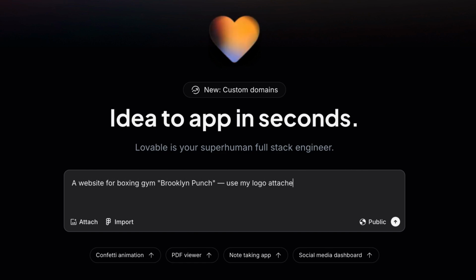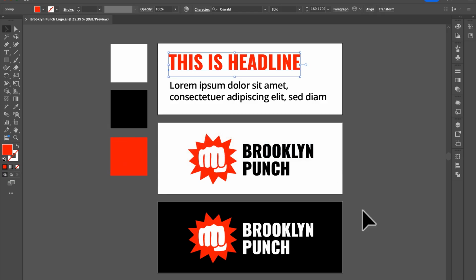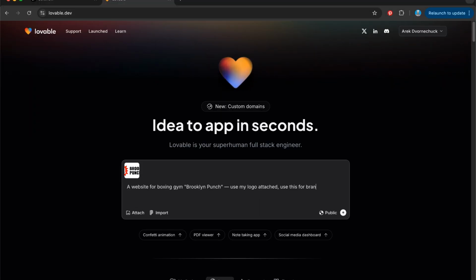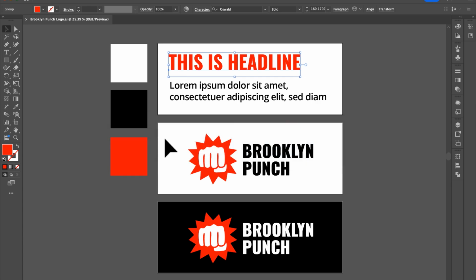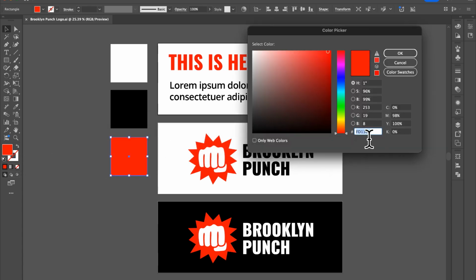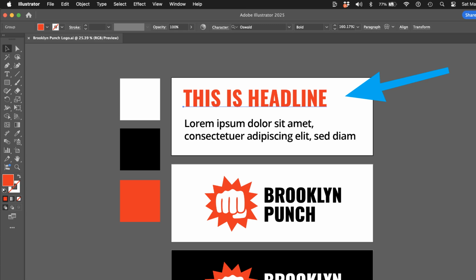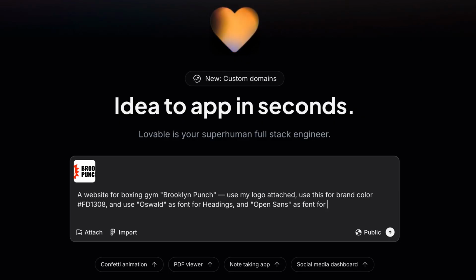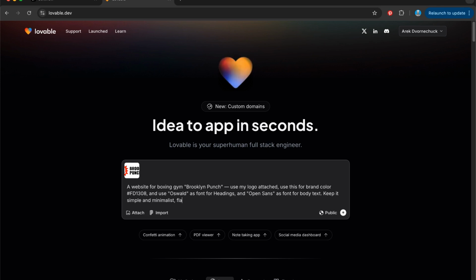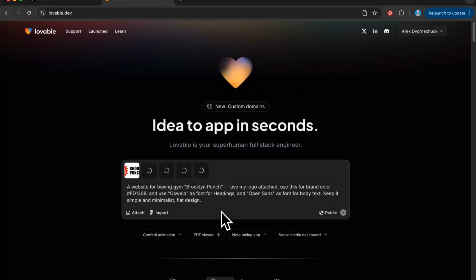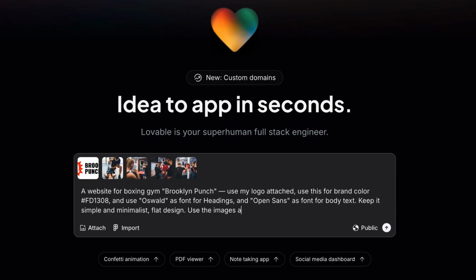A website for a boxing gym, Brooklyn Punch. Use my logo attached, and then I just go over to Illustrator, Command-Shift+4, and screenshot my logo, and paste this logo right here. Use this for brand color, and I go over to Illustrator, copy the hex value of that color, and paste it there, and use Oswald as font for headings and Open Sans as font for body text. Keep it simple and minimalist, flat design, and then I have a few photos right here I want to use throughout the website. So I say use the images attached for the hero section and all the sections throughout the